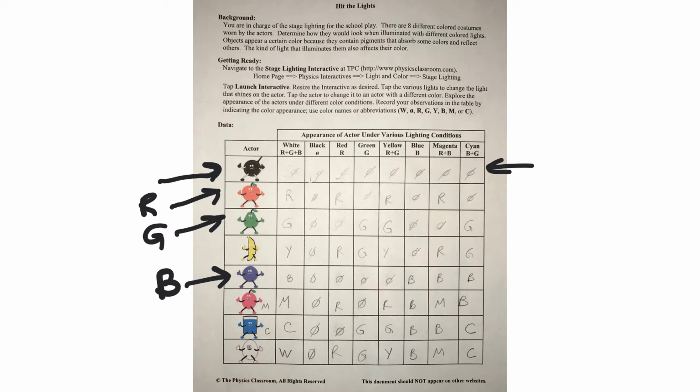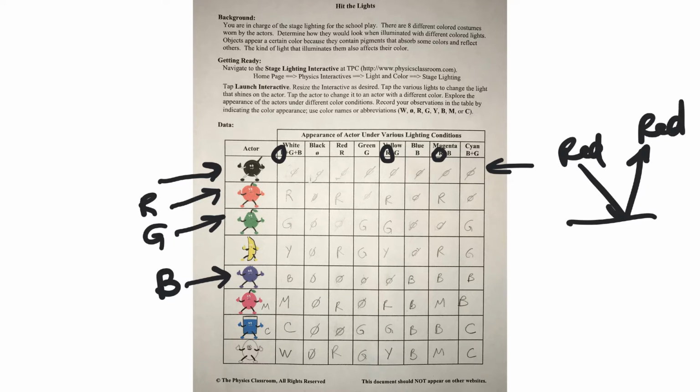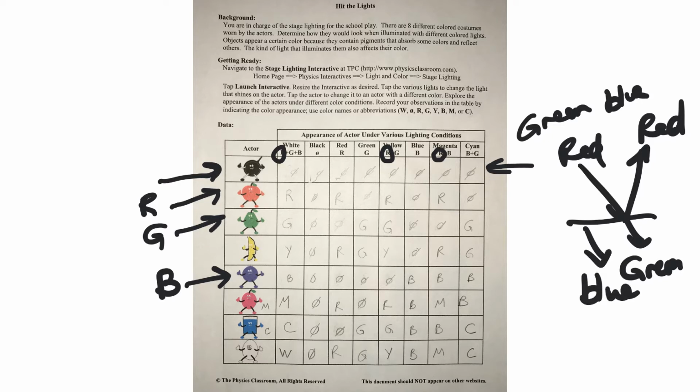And the only time it's going to look red is if it is mixed with a light that has been made by red. Because what's happening is when something is red, the red light waves are bouncing off and coming back to your eyes. But if you had white light that has red and green and blue, the green and blue are absorbed by the material. So the only color that's bouncing off is red. So if you have a red